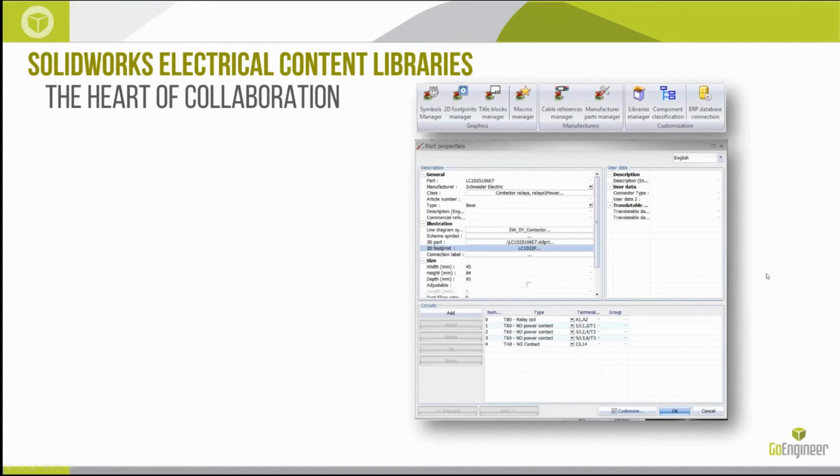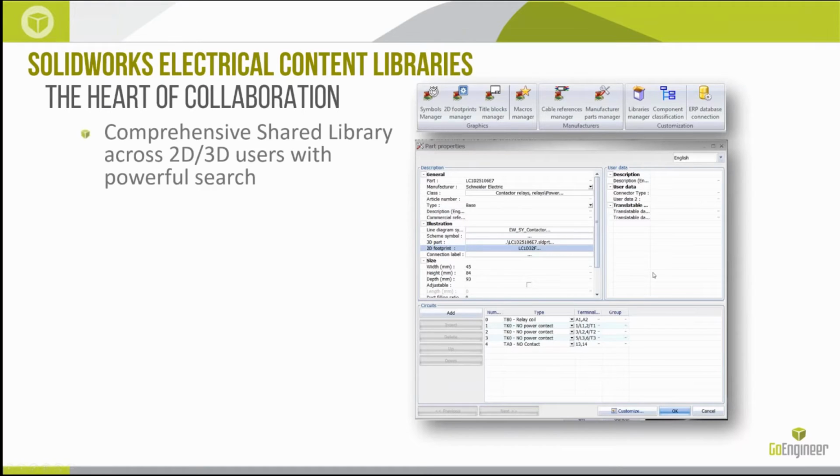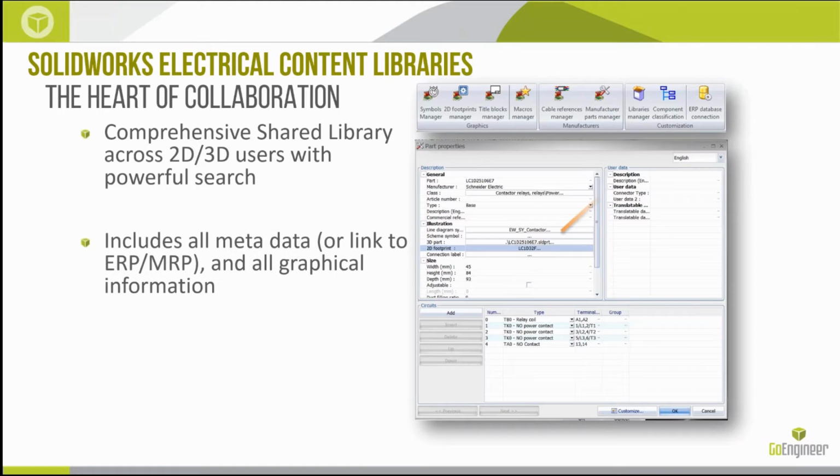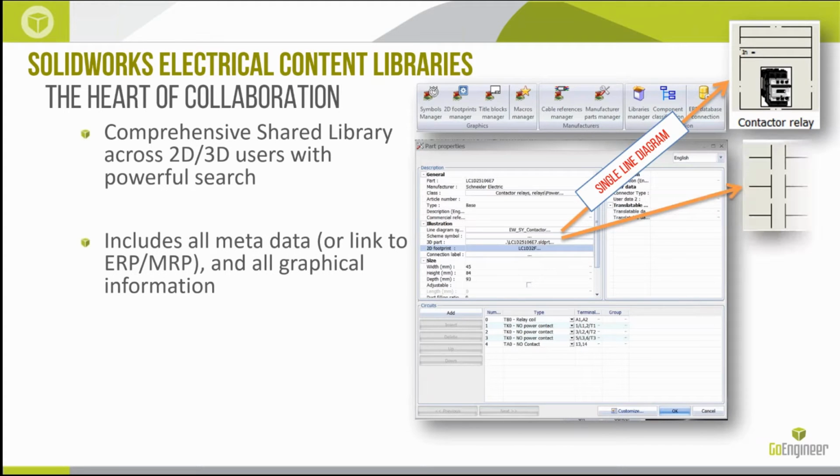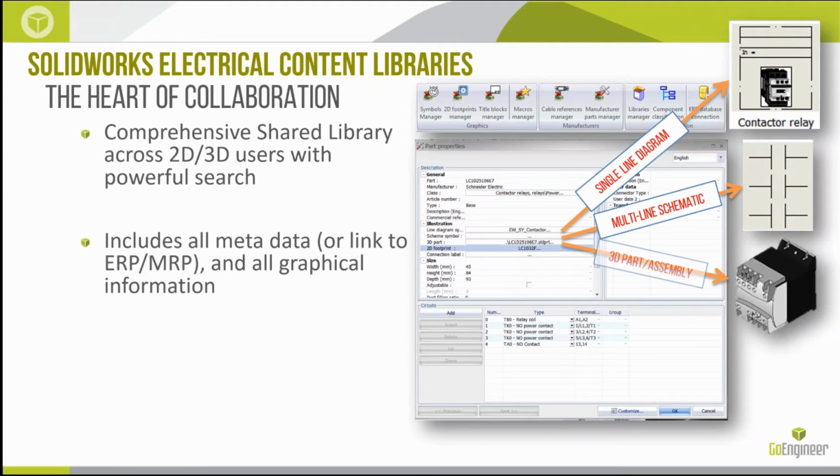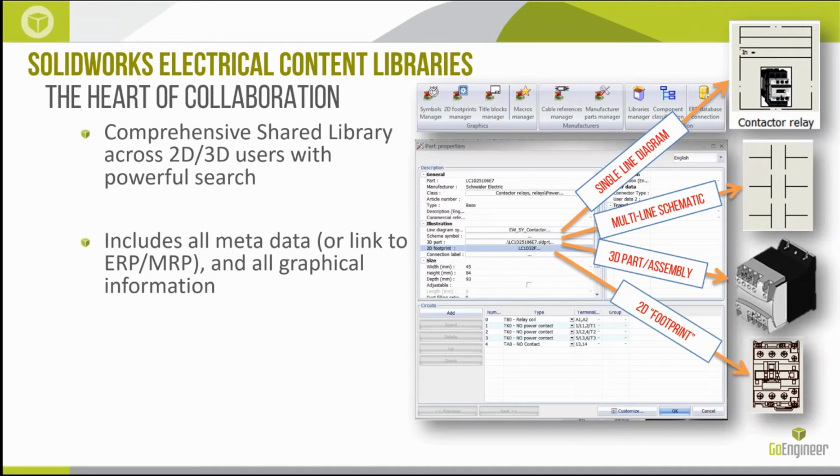And the heart of this collaboration, as we like to say, is the manufacturer parts library. This is a shared library across 2D and 3D users. It's built inside a SQL database, so it's incredibly fast, and it's all designed to be easily searchable and very robust. So this has all of our metadata, right? This is a relay, maybe not the most interesting example for an automotive harnessing demo, but